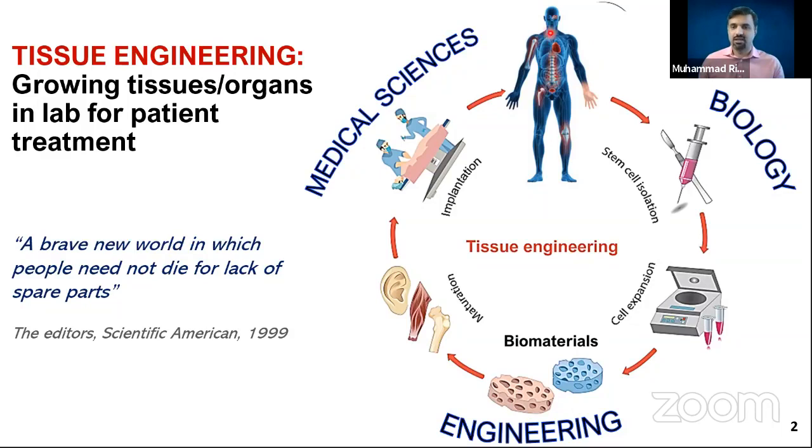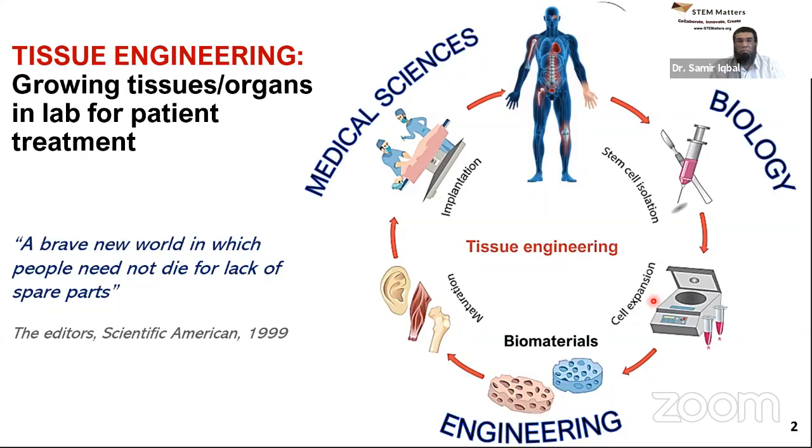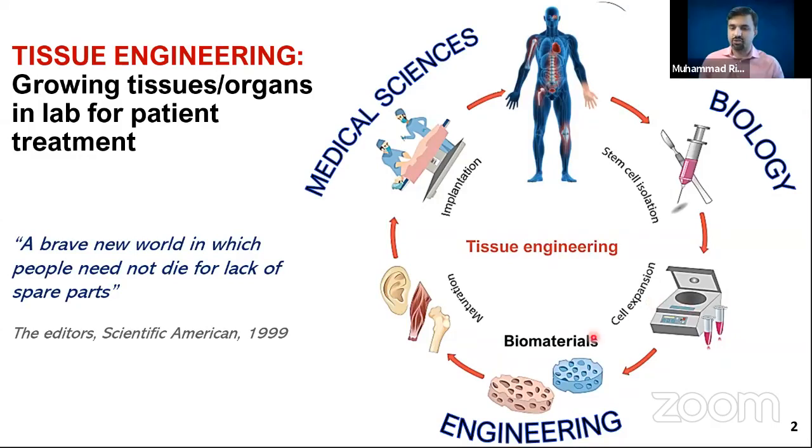The cycle goes like this: we can get stem cells from a human, let's say. Stem cells are cells which can become any other cell type. They can become skin cells, heart cells, brain cells. So there's a lot of biology involved. We extract these stem cells from humans, we expand them, and we convert them to our desired cell type. If we are regenerating a new heart, we'll convert stem cells to heart tissue.